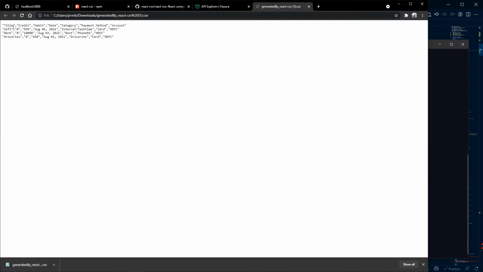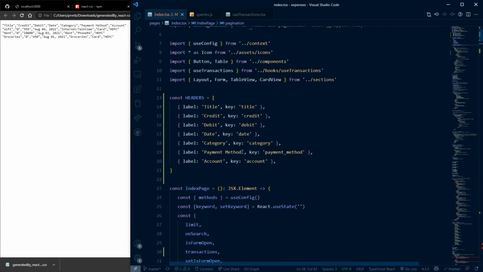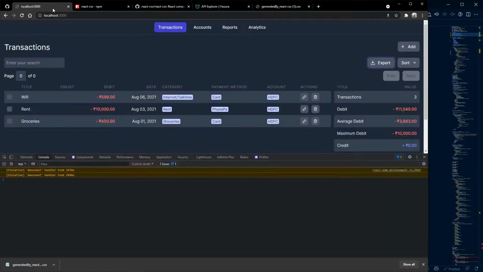It did title, it did credit, it did debit, date, category, payment method, and account. So I guess okay. That means it actually followed the same sequence according to the array of headers defined here, which is cool